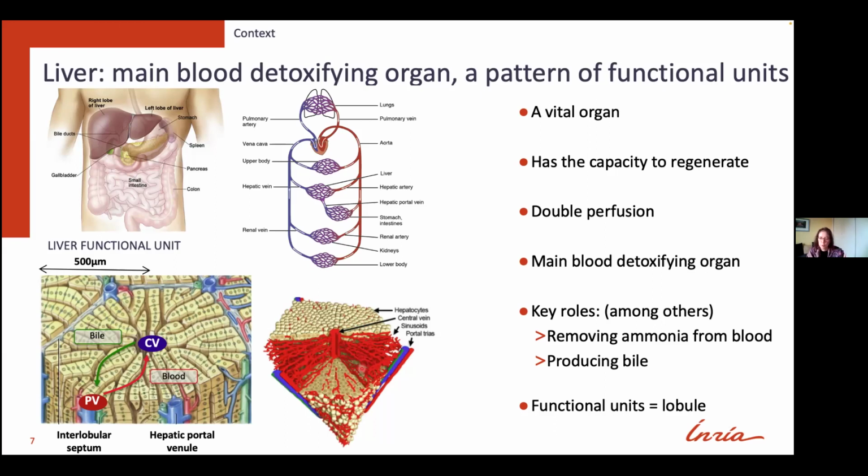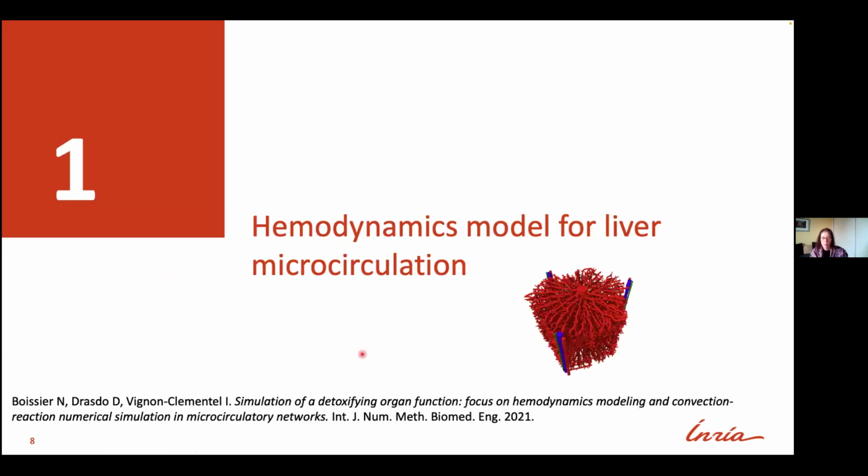So overall, this means that both perfusion of the organ and the function, the cellular function and all the exchanges between the vessels and the cells, are really key for a well-functioning organ. This is why it's really a multi-scale organ, so to speak. I will first start with the macro scale, the lobule level,